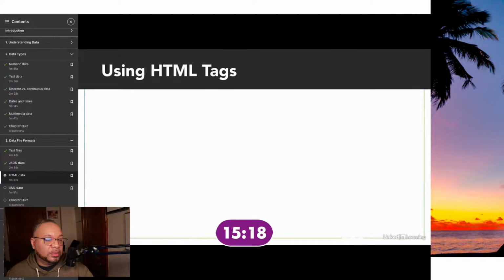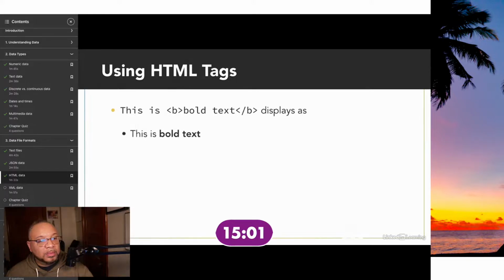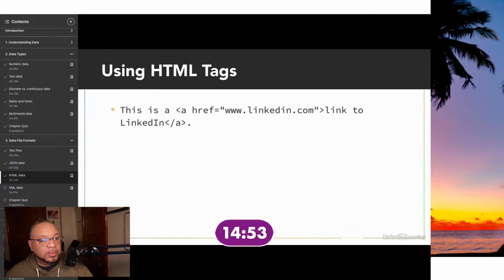When you're including a tag in a web page, you write the tag inside of brackets made using the greater than and less than signs. You first open the tag, then you include your text, and then close the tag by including it again, but this time putting a forward slash in front of the tag. Here's an example of how you would bold some text, and then it would appear like this. Here's how you'd italicize some text, which would appear like this. And here's how you include a link to another site, which would then display with the familiar hyperlink formatting.